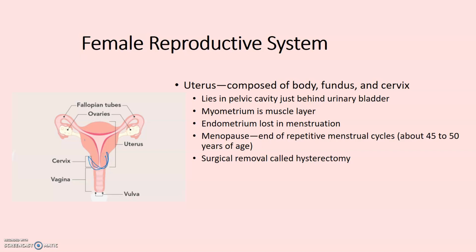I'm going to erase that because it's kind of messy. The cervix is associated with, I guess it would be superior to, the vagina. And then the vagina is basically the birth canal that ends in the vulva. The uterus is medial to the ovaries and the fallopian tubes. And here are the two ligaments again, suspending the ovaries and holding them in place so that they don't move around, but also so that they stay located adjacent to the